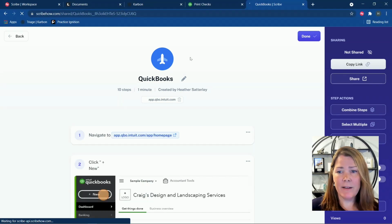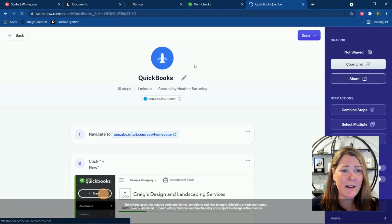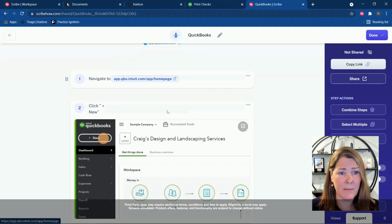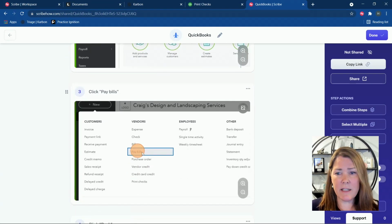Look what it did. ScribeHow actually documented all of my processes automatically. So you can see here that it tells me to navigate to QuickBooks, QBO.intuit.com. And it goes through and starts to show screenshots of exactly what I was doing, and it automatically highlights the button that I clicked on. So right here, it's saying, hey, go ahead and click plus new, then select pay bills,